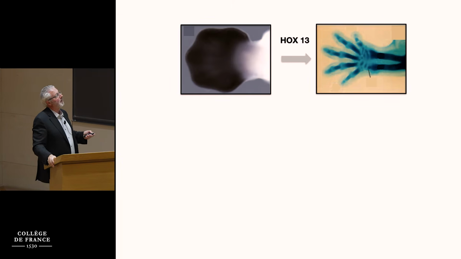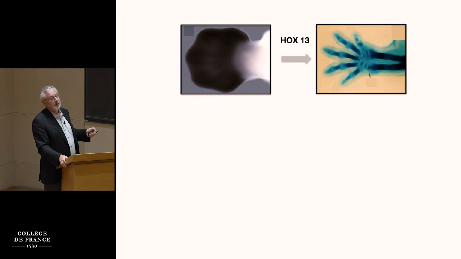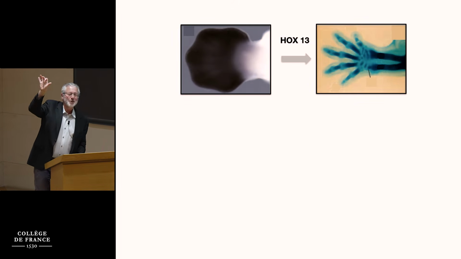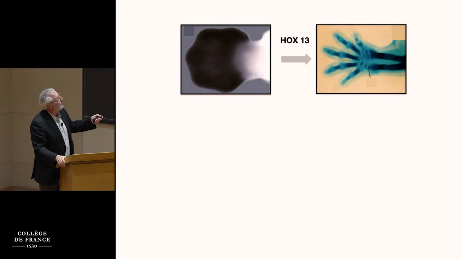What you're seeing here is a mouse limb on the right, cleared and stained, and on the left a mouse limb bud. Okay, this is a bud. It's before it's developed into the limb, and you can see it has this lovely little paddle where the digits will develop, and you can see where the digits will form and the little spaces, the interdigital spaces between where